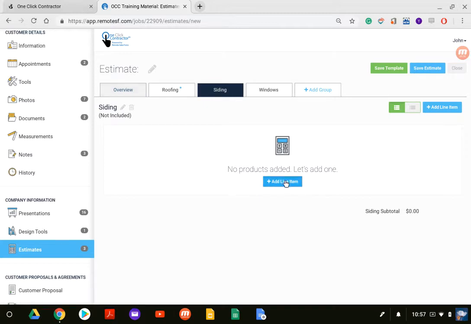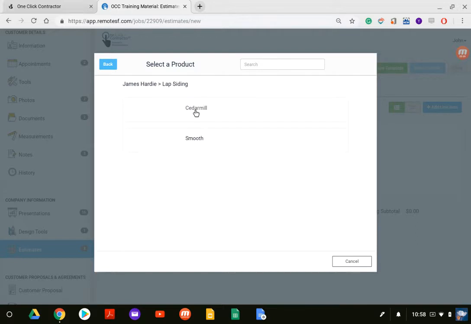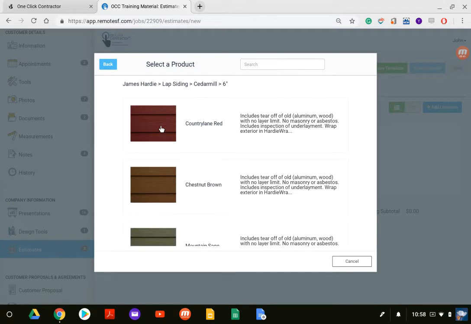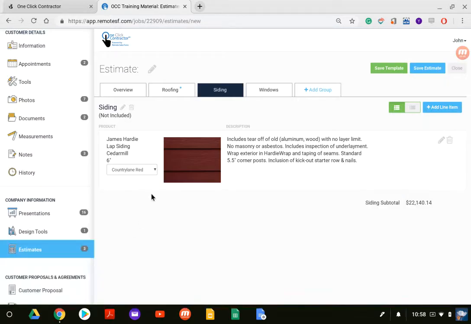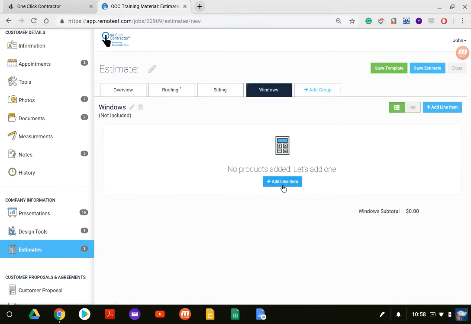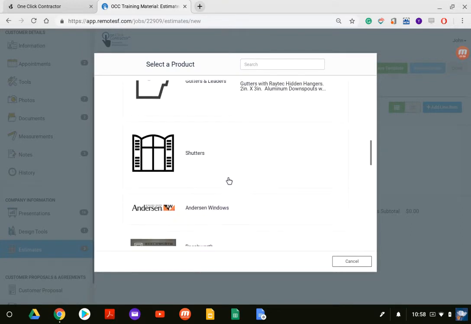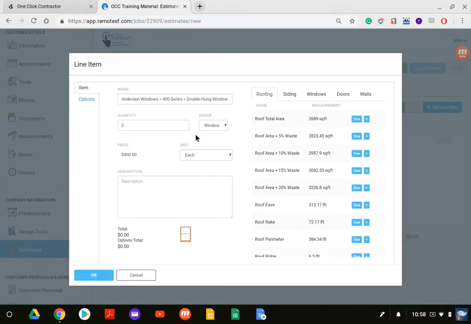Let's go ahead and add a line item that's not included. I'll just put cedar 6-inch. And obviously this is going to be based on what you're working with a customer on. I'm just going to go ahead and choose some siding here. It pulls in a price. But what you're going to see, and I'll do a window real quick, is that it shows up on the front quote, but it does not show the pricing. So you would do this if you want to simply talk to the customer about options. And I need to put in a quantity here, so I'll just put in 10